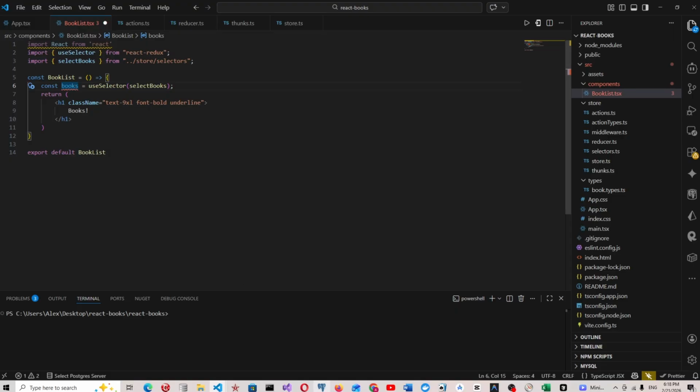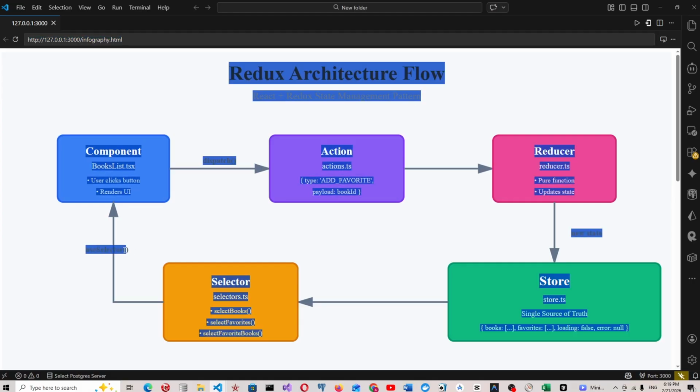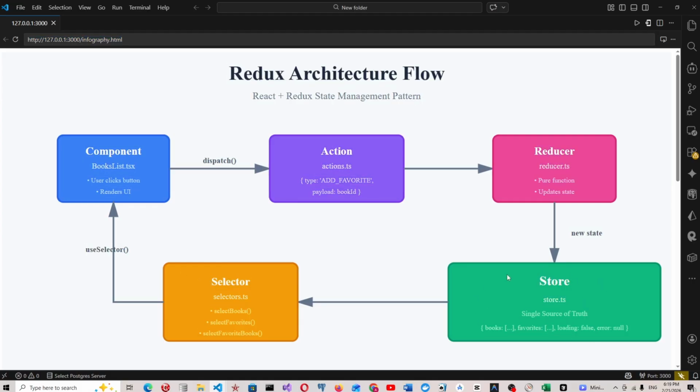Now we have, you can see, we use the selector hook to get the books from the selector, and the selector gets the books collection from the store,